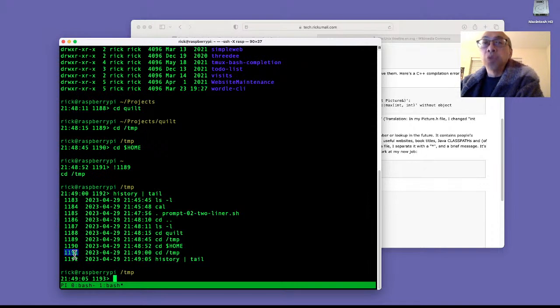I was going to talk about FZF, which is this new way to manipulate the history, but I'll save that for another time. This was the way that I used to navigate the systems back then, and in fact my history never looked like this.